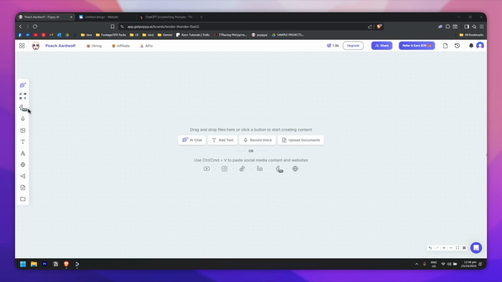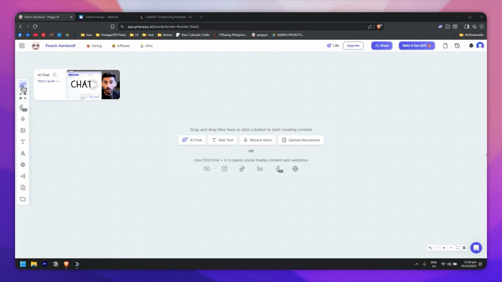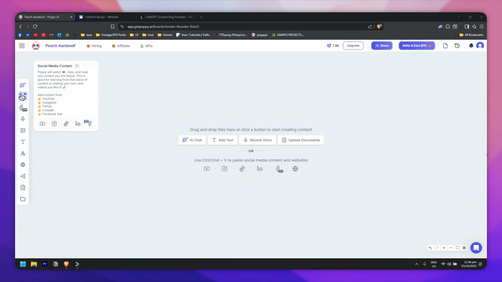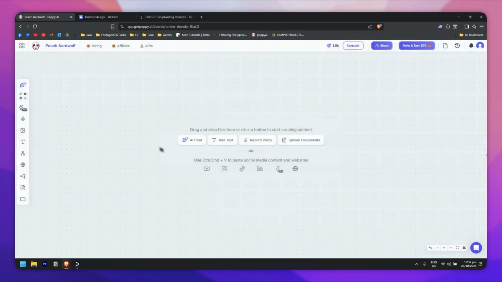And here on the left side you will see the navigation menu. So we have the AI chat and we also have our social media content. So you could simply paste a link right here. So if I click on it, you can paste any content from YouTube, Instagram, TikTok, LinkedIn, and Facebook ads. Or to make things even faster, you could just simply directly paste the link to your content on the board. So just simply go back to the board right here and just simply paste it